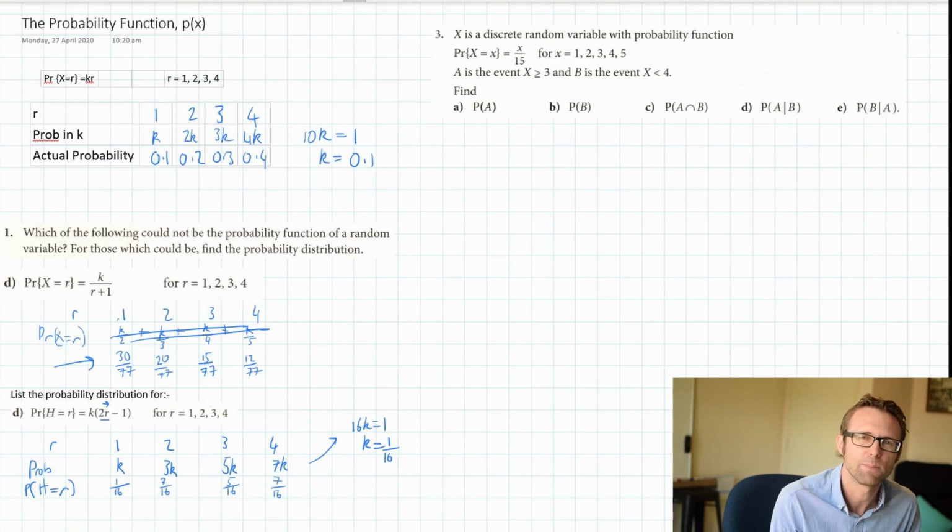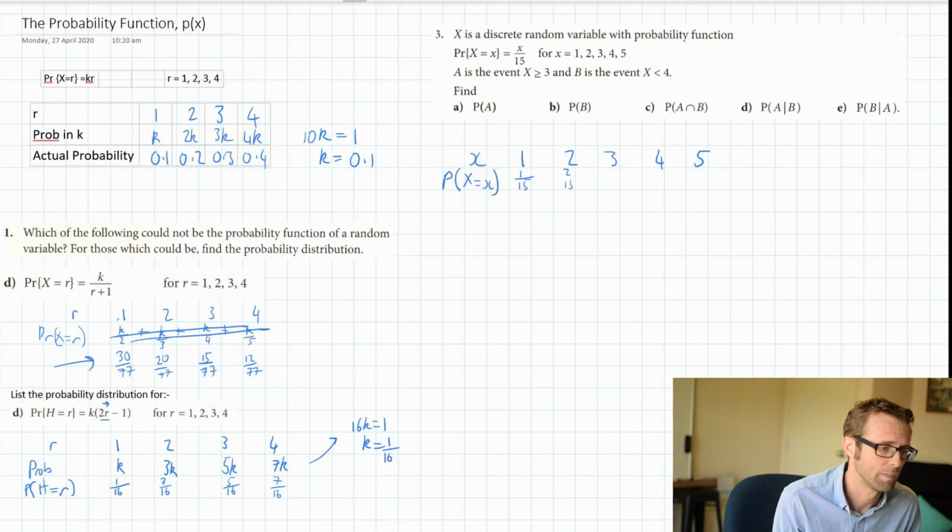Well, my first step is to set up a possibility space. So here we go. X, I've got 1, 2, 3, 4, and 5. And my probabilities are simple. In this case, we've got no constant, so this is just 1/15, because it says x over 15,